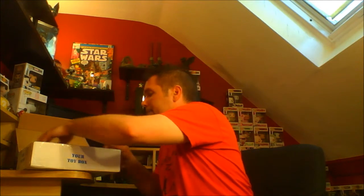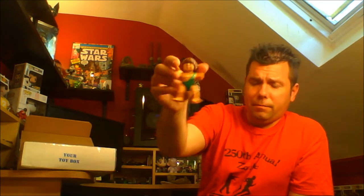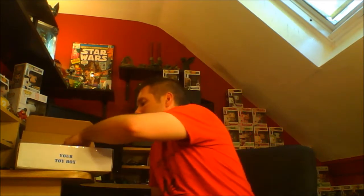And then I got a little Transformer, and that was from 84 right there. And then a couple other figures, some PVC figures. I got this little guy who looks like a Cabbage Patch Kid. I forget what he's from. Something that I never played before. Dungeons and Dragons guy. Another Transformer statue right there. I got a Darth Vader statue, and then a